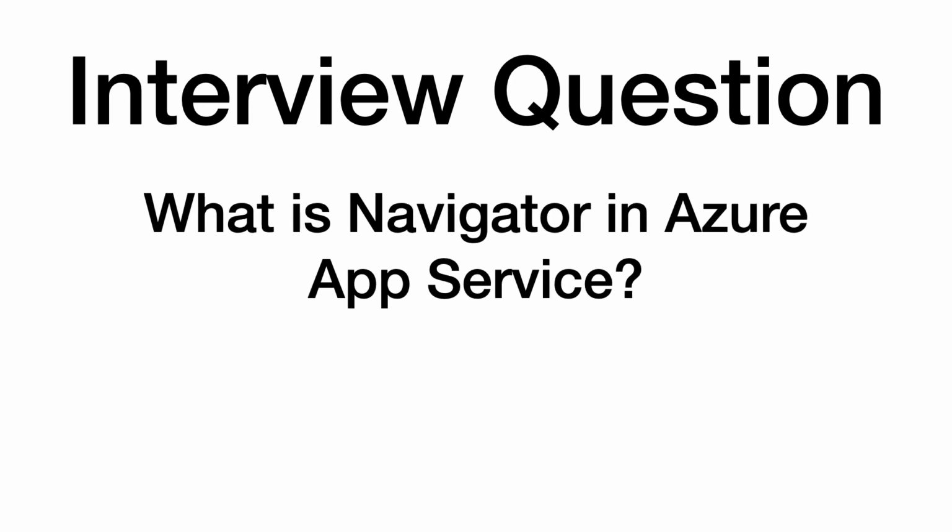Next question is, what is Navigator in Azure App Service? So if we have a mission critical web app and there is an application which is down currently. So for fast troubleshooting, we need to use this Navigator. Navigator will show us what are the dependencies and what are the changes in those dependencies. It will show the data through dependency map. So for developer, it will become very easy to troubleshoot.